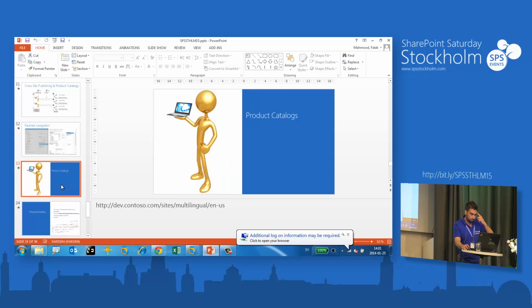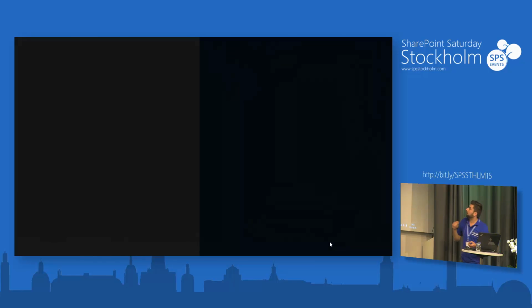So we talked about the product catalogs and faceted navigation there. The overall concept is to create search-driven applications based on the product catalog and cross-site publishing. That's the main concept here. And the last slide of my presentation is about